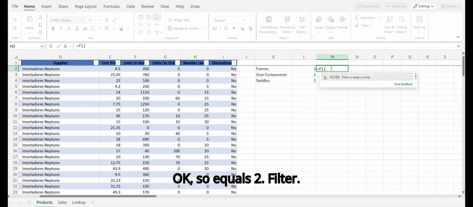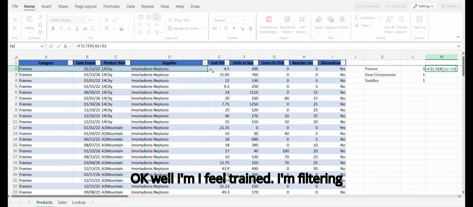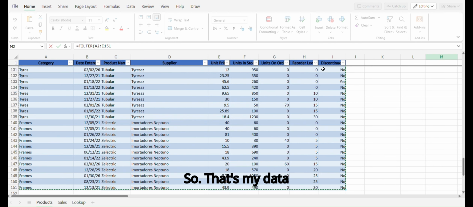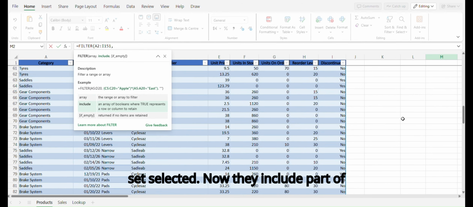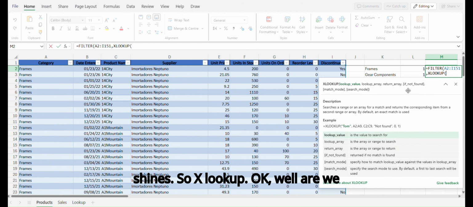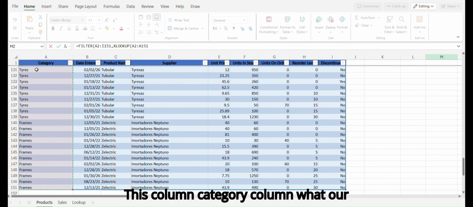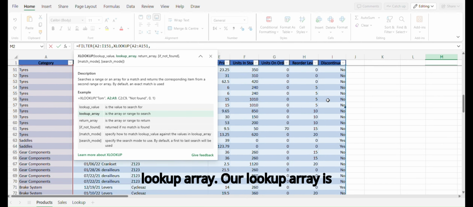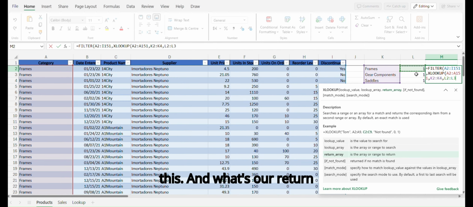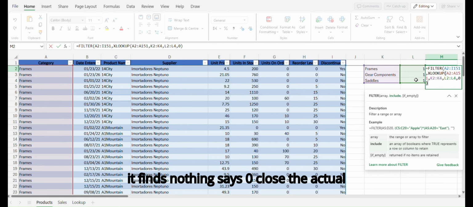Equals FILTER. What am I filtering? I'm filtering this whole data set, so that's my data set selected. Now the include part of the filter is where the XLOOKUP shines. So XLOOKUP, what are we looking up? We are looking up this column, the category column. Our lookup array is this. And our return array is this. And if it finds nothing, say 0. Close the XLOOKUP,